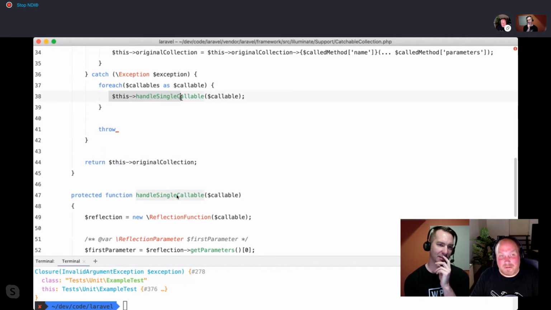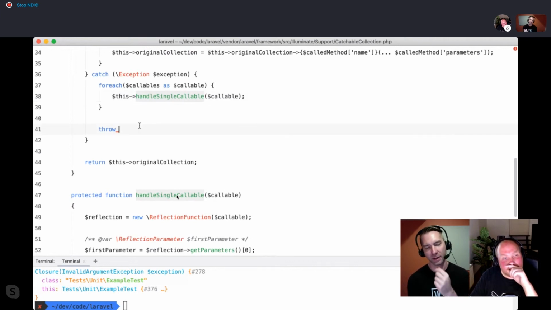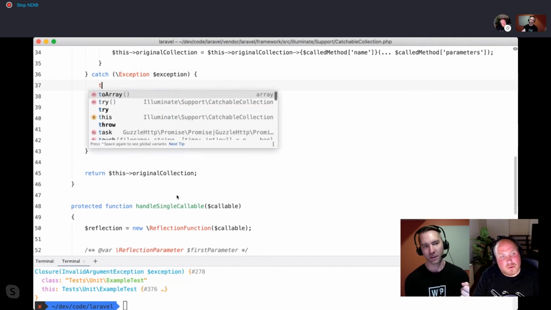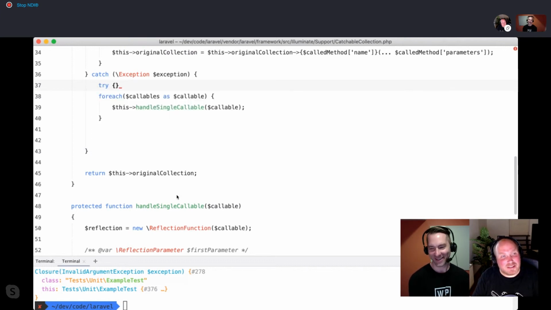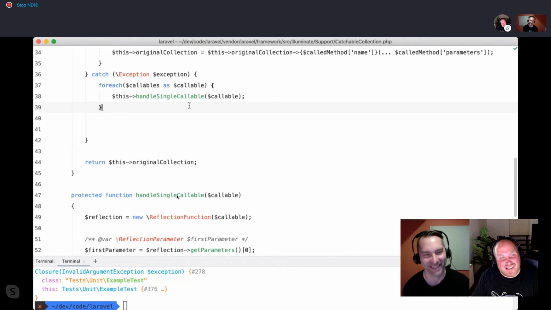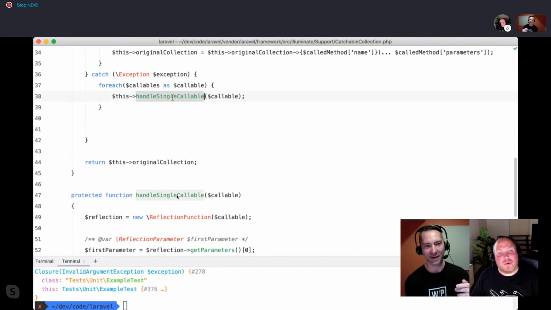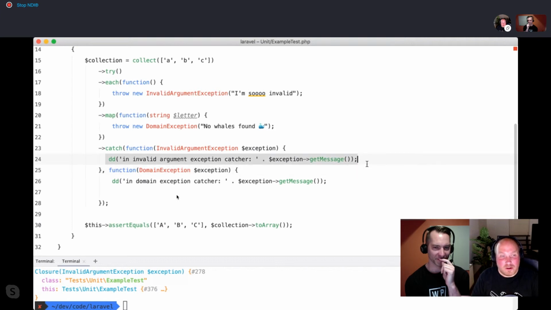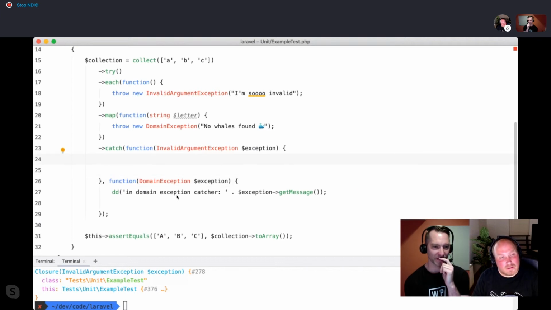Because otherwise we will have rethrown it there. Well, we won't rethrow it there, we would actually want to handle it there. So handle single callback kind of needs to let us know if it handled it or not. Do we need to try catch back here again? Imagine that you have a catch block where, if you've caught it here,